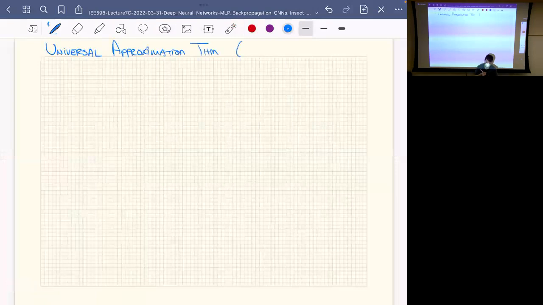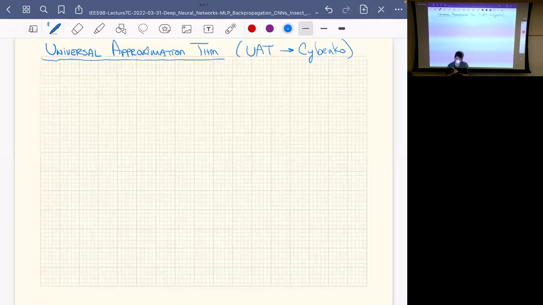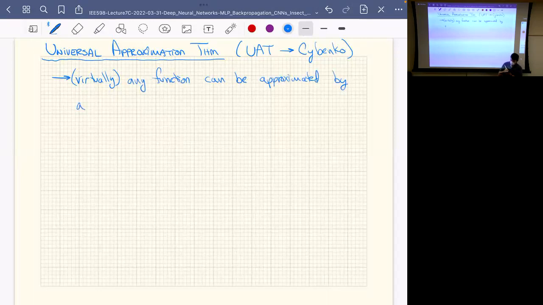And there have been several of these, but I'm going to refer to just one that is attributed to George Cybenko, where it basically says, for all well-behaved functions, so there are pathological functions it doesn't apply to, but pretty much any function we worry about as computer scientists or engineers, then a neural network, so I guess I could say virtually any function can be approximated by a neural network